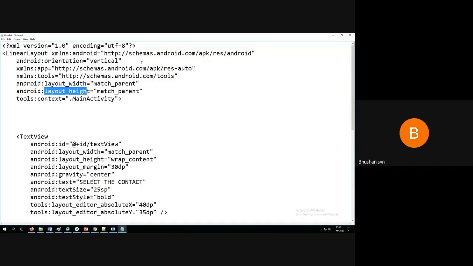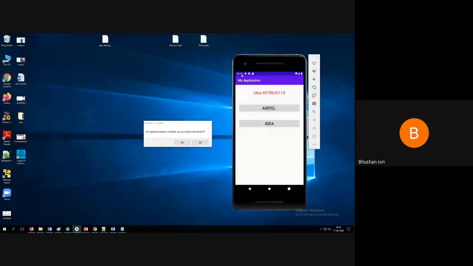This is a default width and height, say match parent for width and match parent for height. That means from this part to this part, it is called match parent. You are required to embed everything only within this specific layout.